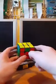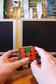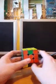So, how do we put that one there, and that one there, without messing up everything else? Well, we do the downy-uppy. I think it's called an X-perm in...